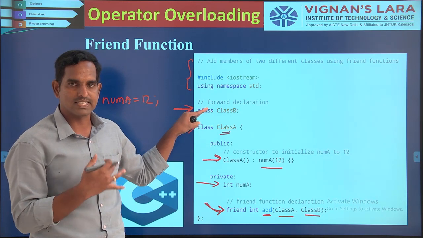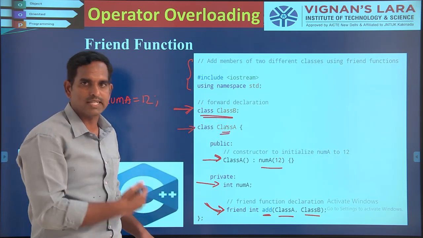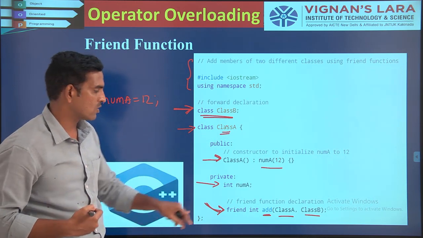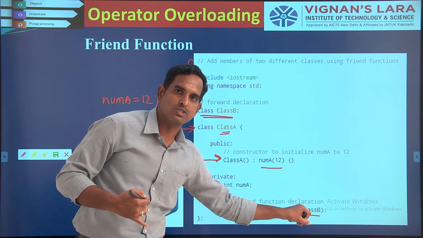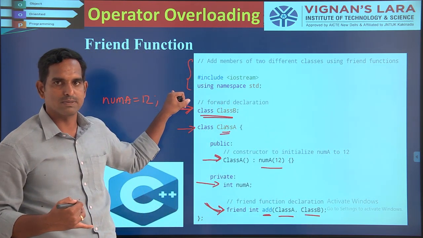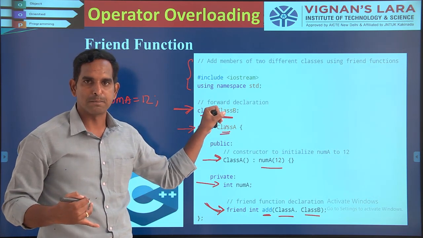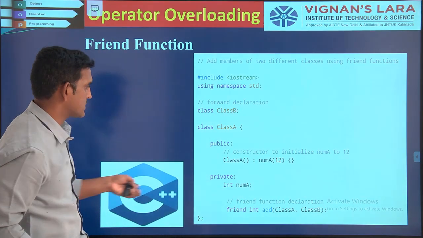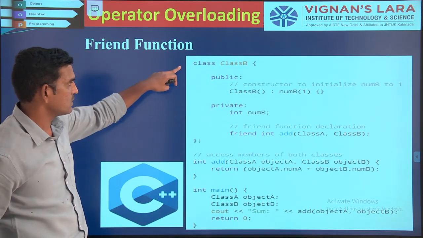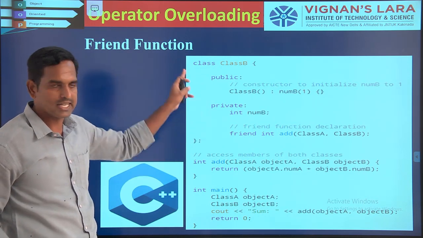I think you can understand the definition. This is the declaration of your class, and I have yet to define the particular class. Since I am using class B, in order to use a class B object here, first I have to declare the class B. So I have forward declared the particular class B. I have just declared the class B. After this, I will define class B. After the declaration of your class B there, I have defined the class B here.